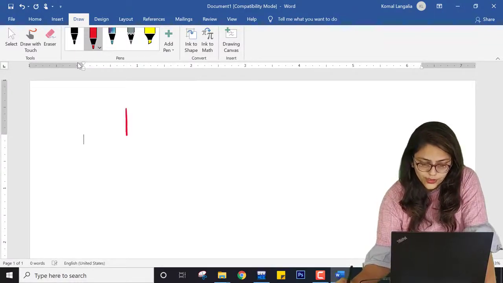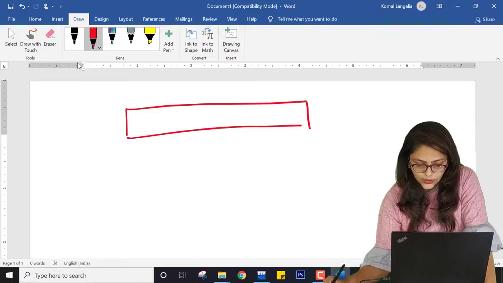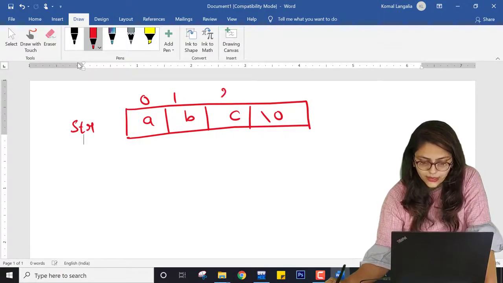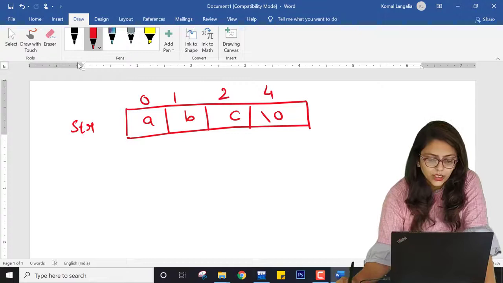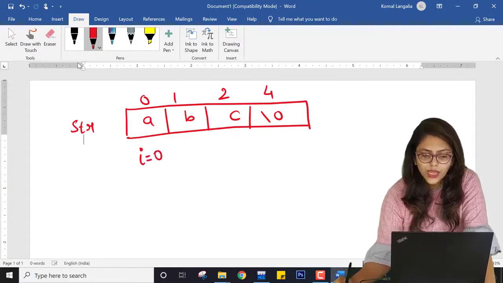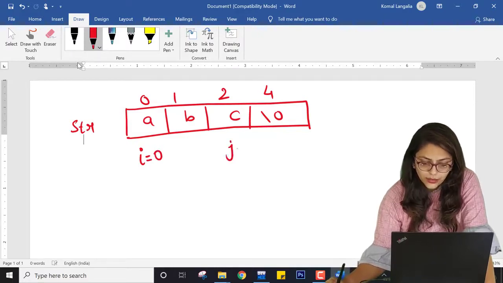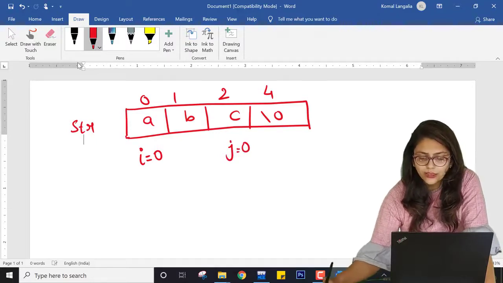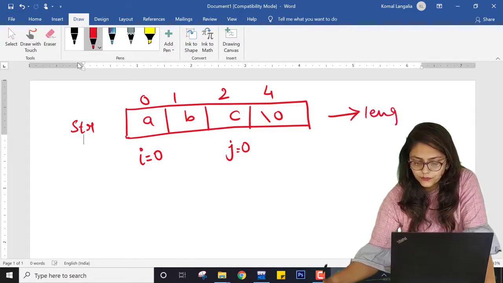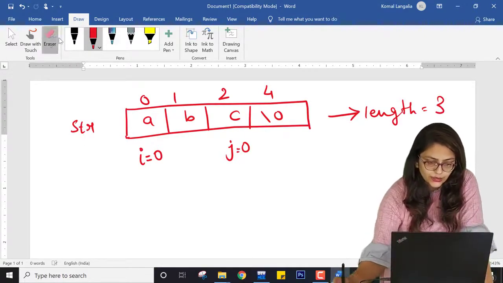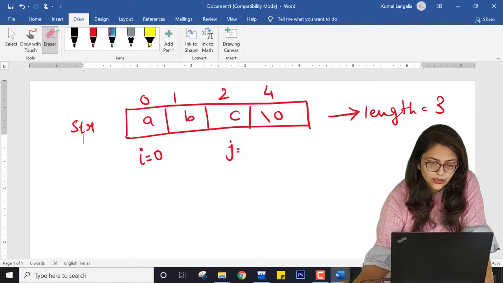For this string A, B and C, the index is like this. So I am initializing I at 0 and J at the length minus 1. I know that the length of this string is 3, so I want to initialize J at 2.